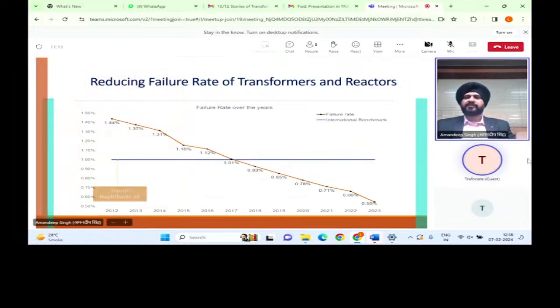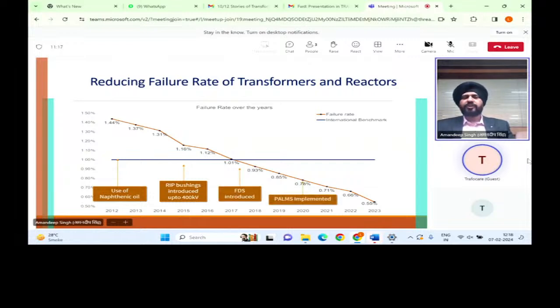Now, I would talk about the impact of all these latest intensive monitoring techniques and mechanisms that we have adopted. So you can see our failure rate of transformer reactors has been going down continuously. In 2012, it was around 1.44%, and the international benchmark is said to be 1%, where 1% failure rate is considered acceptable for all utilities. Now Power Grid has a failure rate of 0.55%, and this number of 0.55%